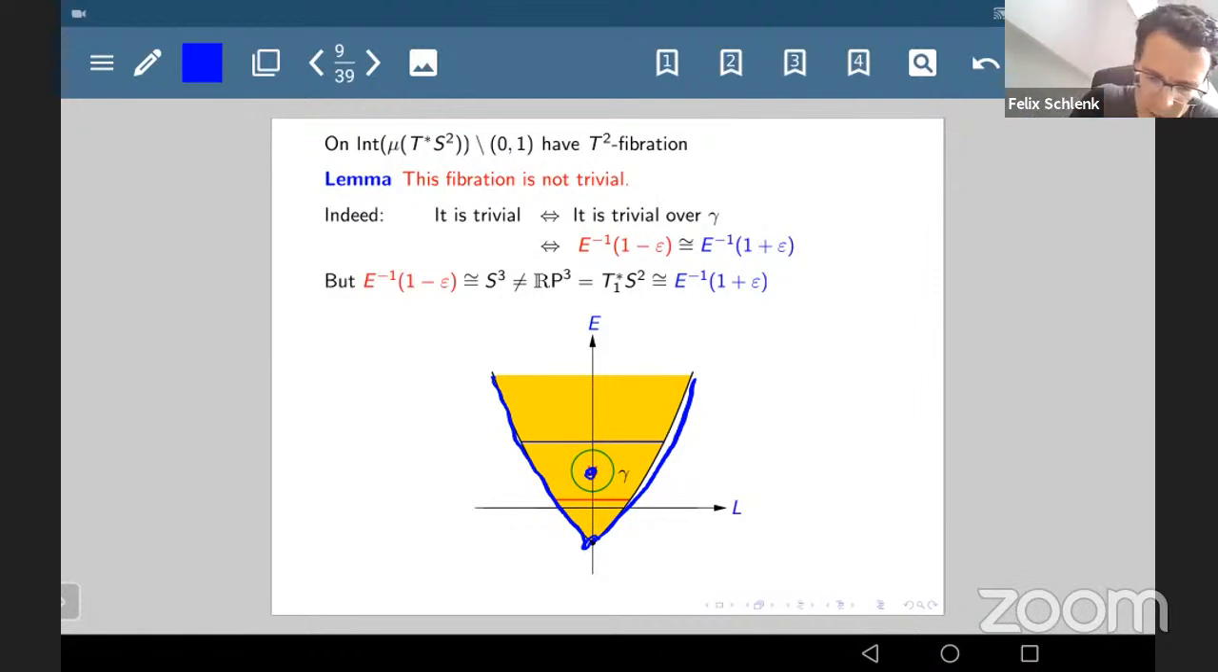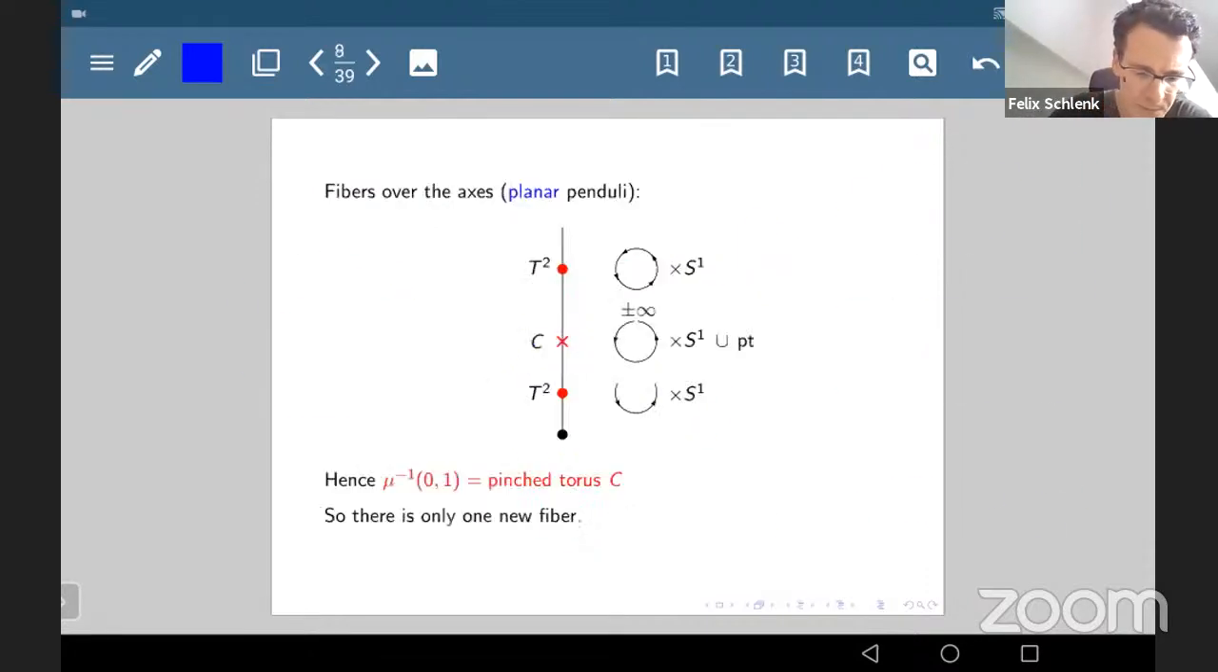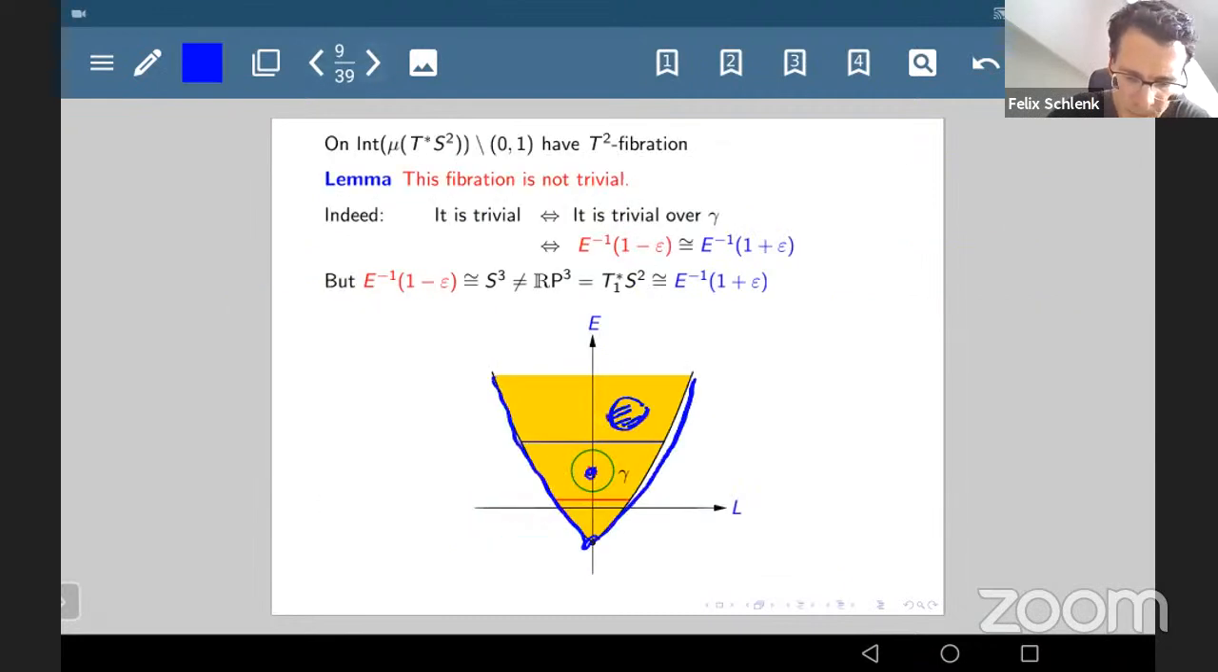Locally, this is like a disk cross T2. But globally, it's not trivial. And this is very easy to see. Because I claim that this fibration, if I take the interior, is a non-trivial T2 fibration. And the reason is simply you analyze, right? The idea is, if it were trivial,